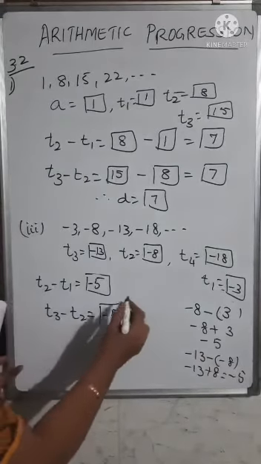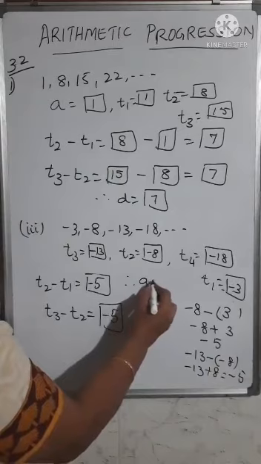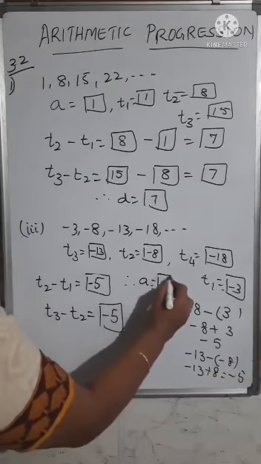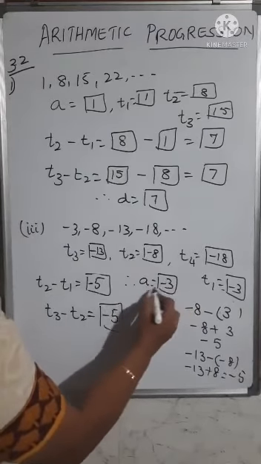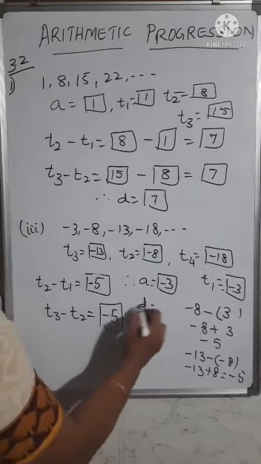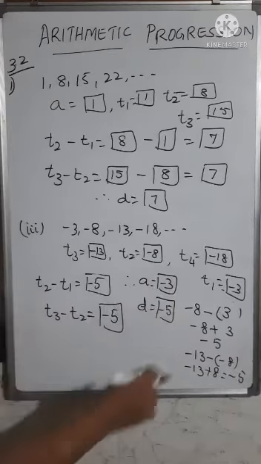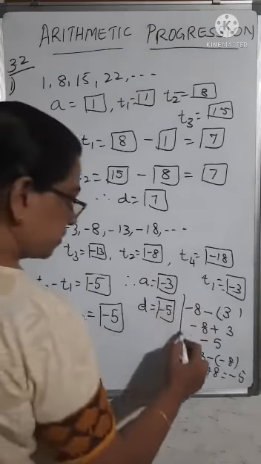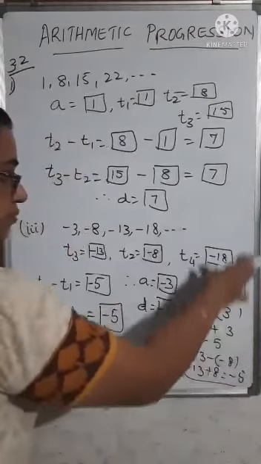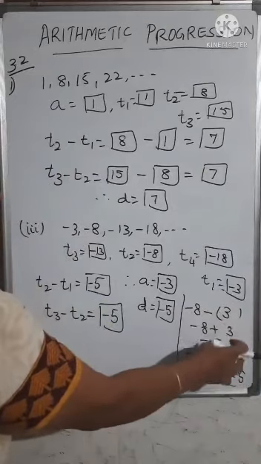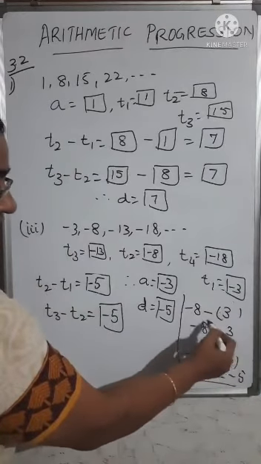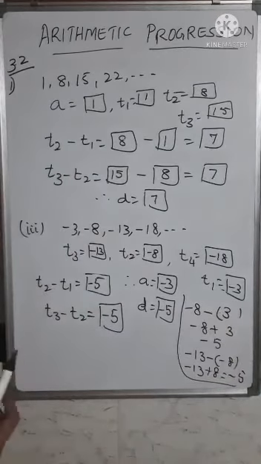Then further they have told you to find out A is equal to first term, which is nothing but minus 3, and D, what is the common difference you have got here? Minus 5. So like this you have to fill up the boxes. So this work you can do at the side. Put a margin and you can do the working at the side, because otherwise you have to be very careful when you simplify with the signs.